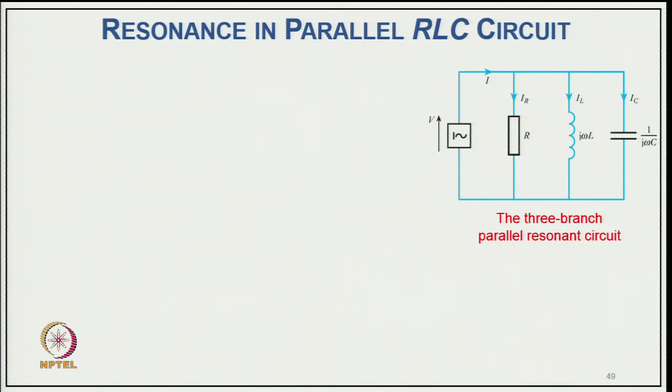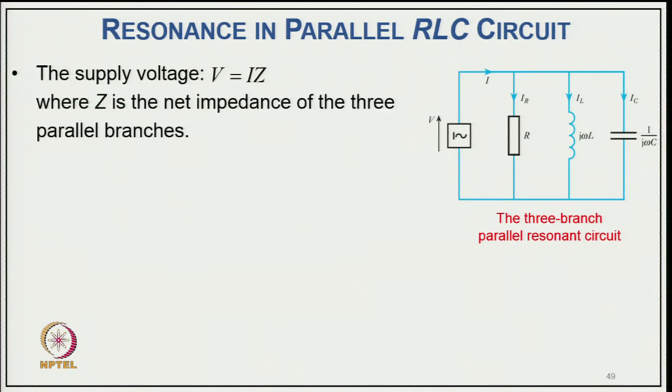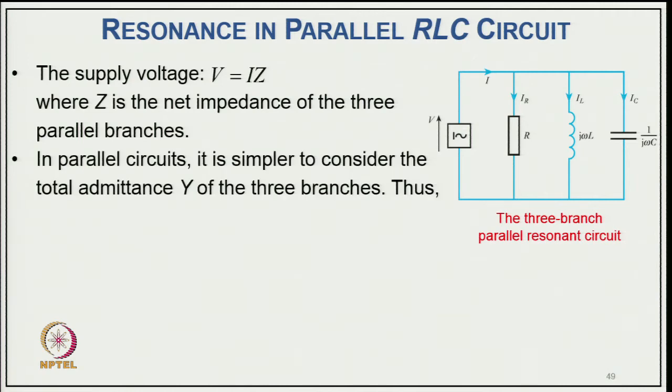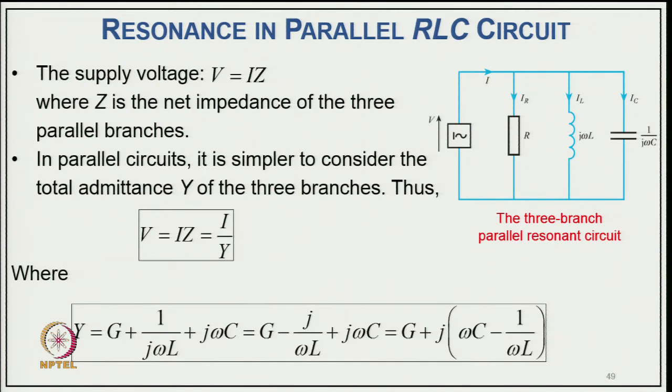Now, coming to resonance similarly in a parallel RLC circuit. Here we have a source and a parallel RLC circuit, with three branches consisting of resistance, inductance and capacitance. The supply voltage is V equal to I Z, where Z is the net impedance of the 3 branches, and in a parallel circuit it is simpler to consider the total admittance Y of the 3 branches. Thus, we say V equal to I Z equal to I upon Y, where